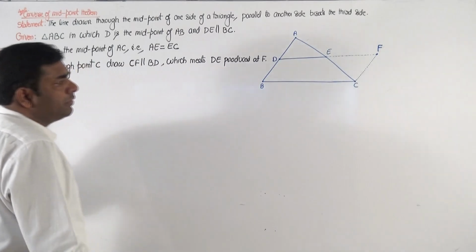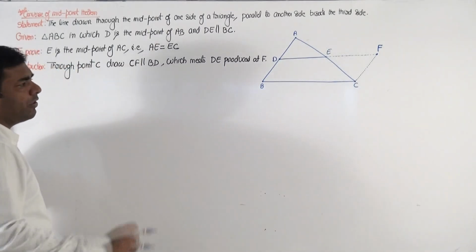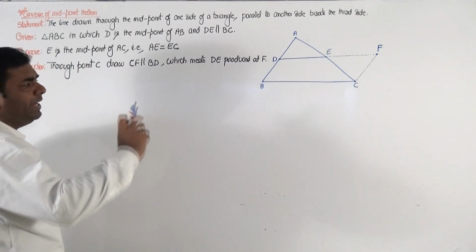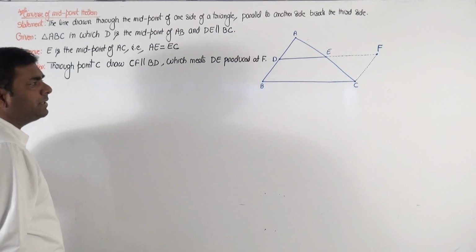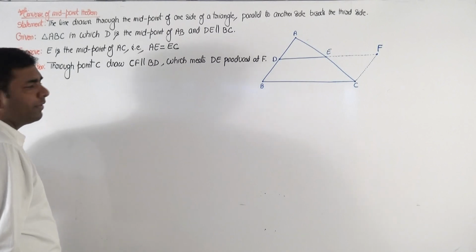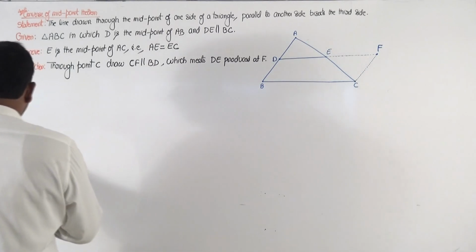So through point C draw CF parallel to BD which meets DE produced at F. Now the proof is,